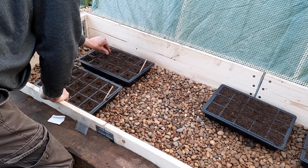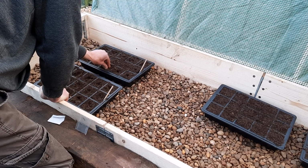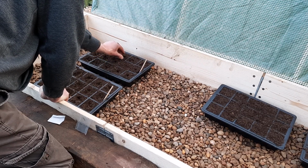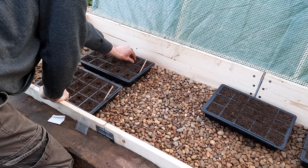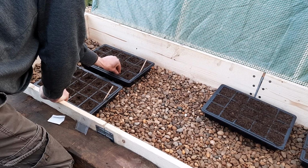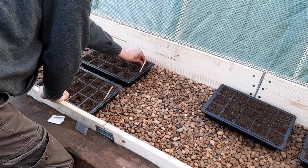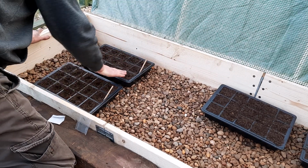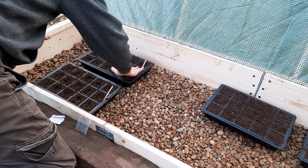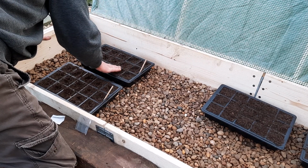But that's those in, so I'll just literally pinch in to firm them down in their little holes. Make sure that they're covered and they've got decent soil contact inside those little cells. And I think I'd be tempted with these to just finally spray these over with a little mist of water,